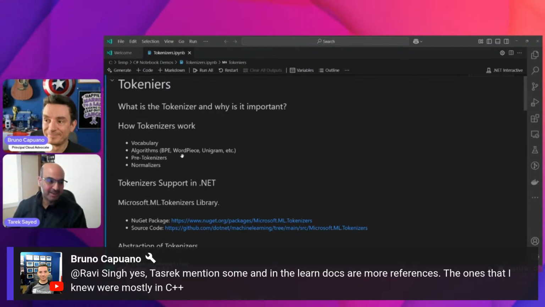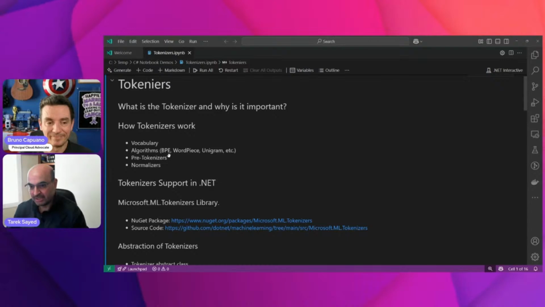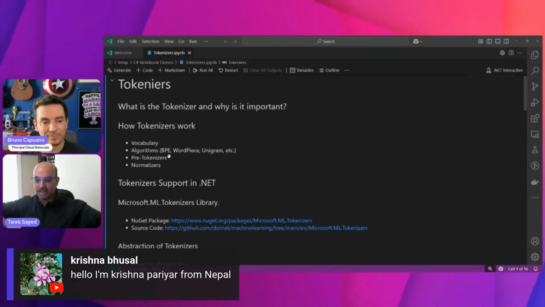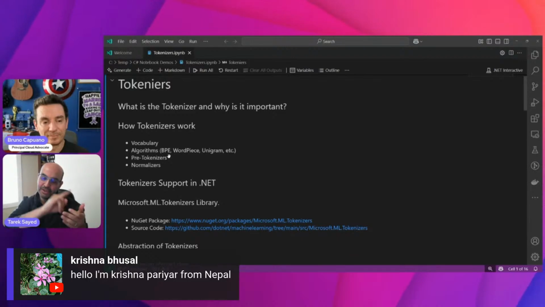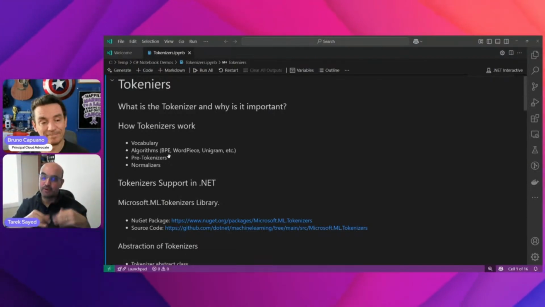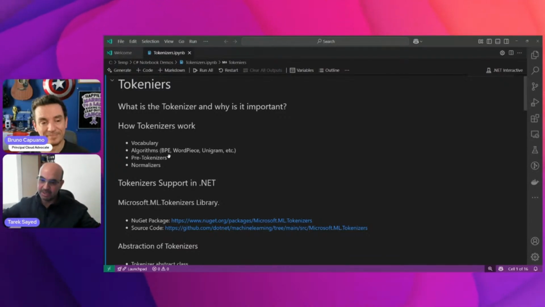There are multiple algorithms to use. Some tokenizers use the BPE algorithm, which, from the name, is byte pair encoding. When you get the text, it splits it into individual characters and tries to join every two characters together to see if it finds a vocabulary match. It will keep joining the next ones to get bigger tokens until it finishes the tokenization.